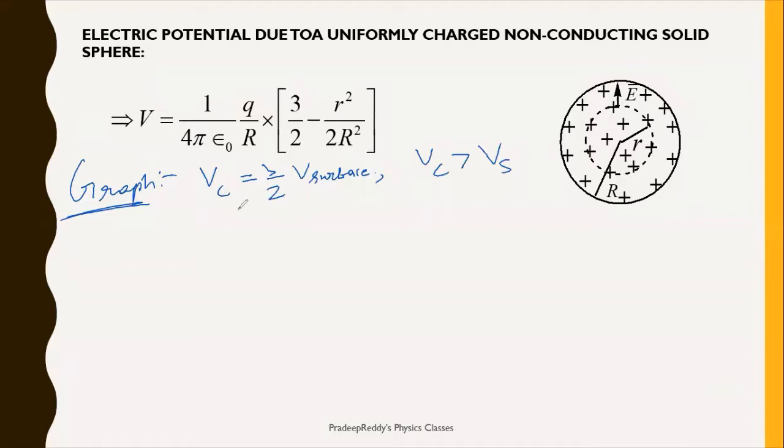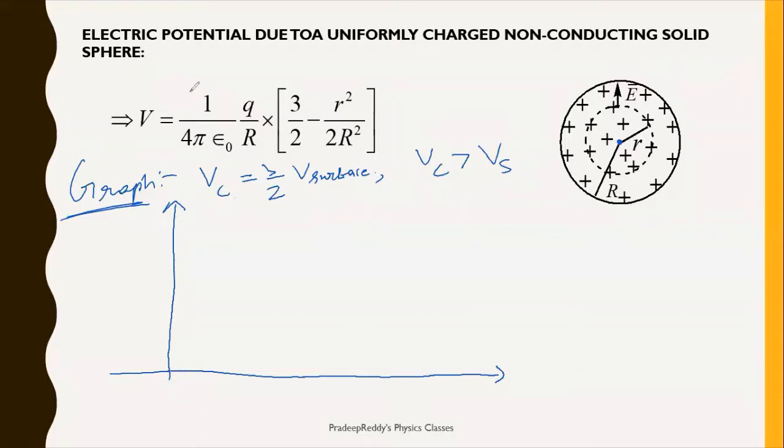So we have learnt potential at the center is 3 by 2 times that of potential on the surface. So potential at the center is greater than that of potential on the surface. And as you come outward from the center, this r value increases. So the second term is increasing, and as it is subtracted, the potential decreases. So remember that carefully. Now I'll plot a graph for this. And this is very, very important, children. Many times questions have been asked based on this concept in entrance examinations, so you should understand it keenly.